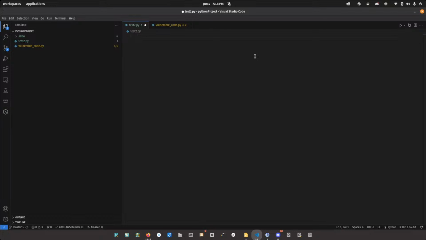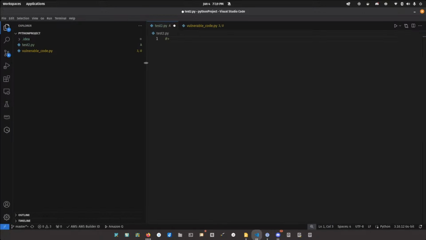If you're familiar with GitHub Copilot, and I will say I haven't used GitHub Copilot in a bit, so they might have added some of these features. But one of the things you can do with Amazon Q is advanced autocomplete using AI. Let's say I want to build a program that scans a set of IP addresses. I'm just pulling it out of my head. I have VS Code open here with a Python file just called test2. I'll make it a little bigger so it's easier to read for those watching. So I'm going to create a prompt.